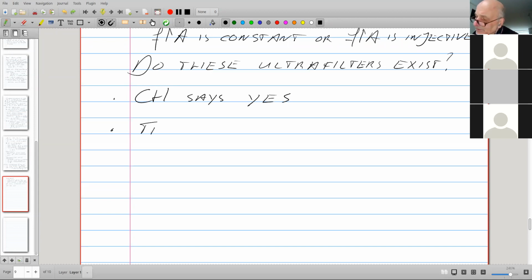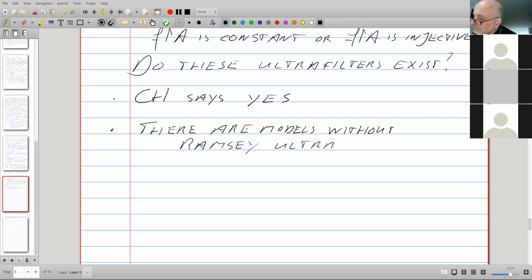There are models, and there are models without Ramsey ultrafilters.